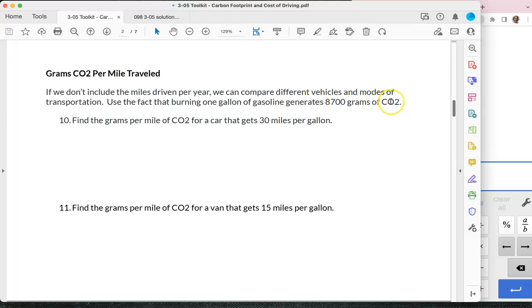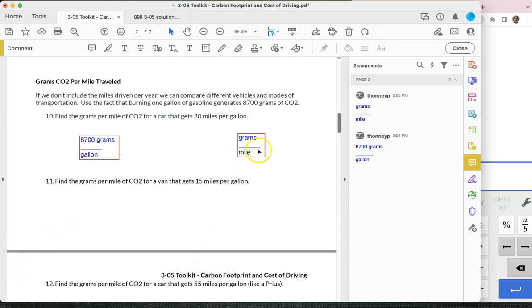So we're going to use that as a starting point, and then let's multiply that by 30 miles per gallon, or by 15 miles per gallon, and see what is the grams per mile. So grams per mile is what we're trying to end up with. So I put grams per mile over here as my goal. And then 8,700 grams per gallon is what I'm starting with,